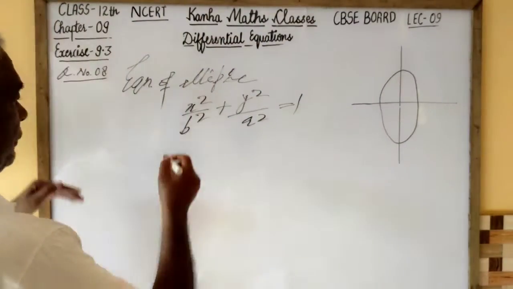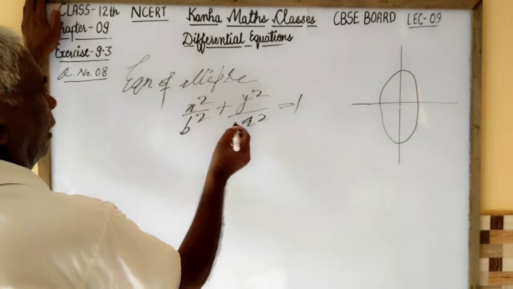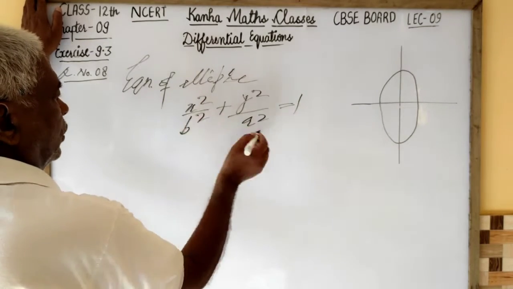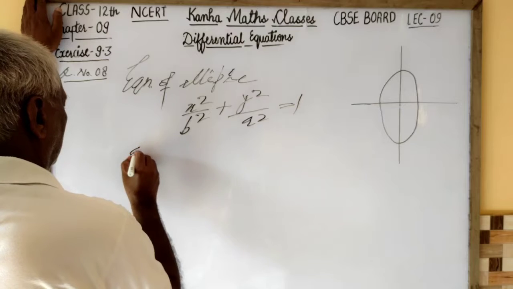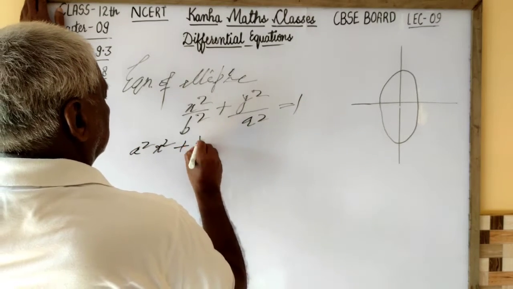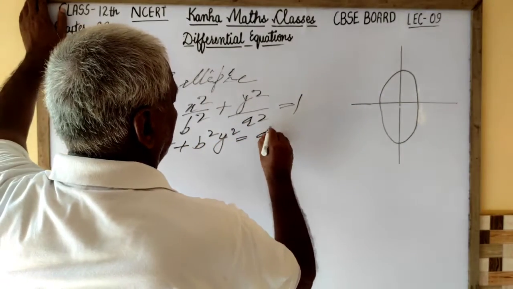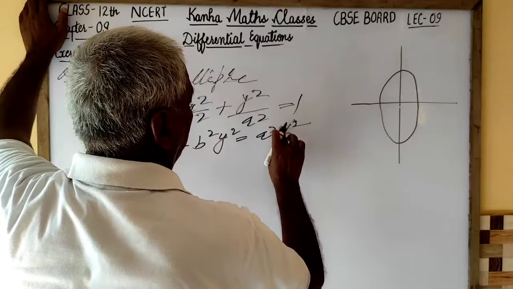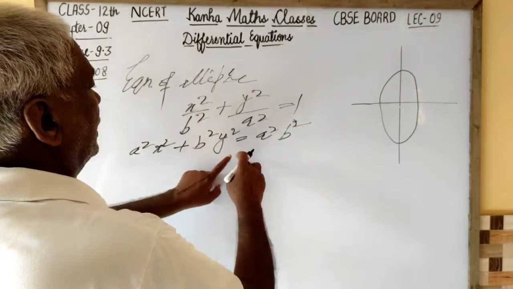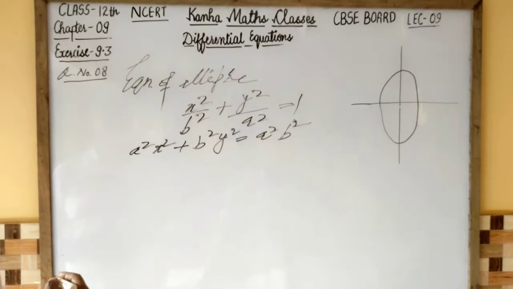Now, taking the first derivative of this equation, first of all we simplify this equation by cross multiplication. We have a square x square plus b square y square is equal to a square b square. Taking the first derivative of this equation on both sides,